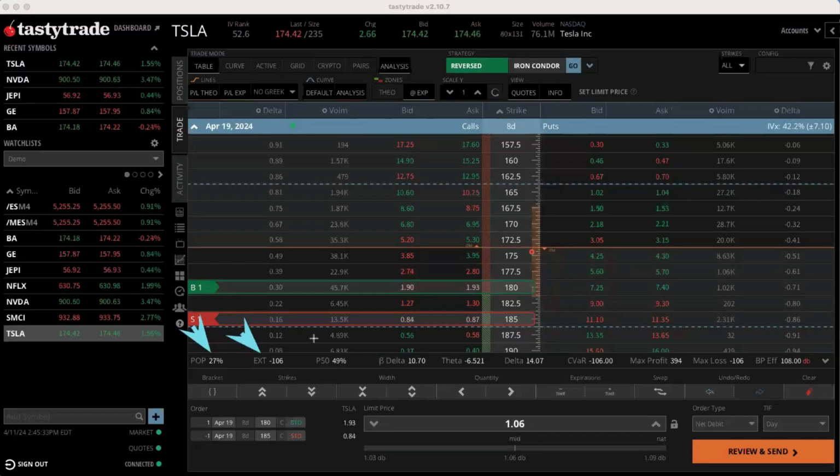You can see the extrinsic value, probability of making 50% at expiration, some Greeks, delta, theta. You can see the max profit for the trade and the buying power effect that's going to have on your option buying power. So all of that is available on the order ticket. Once I click on review and send,